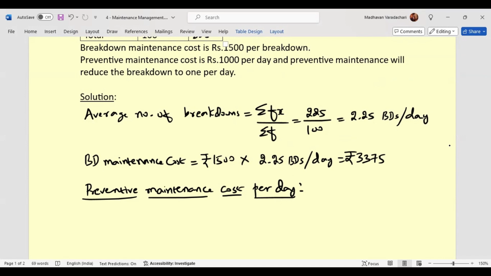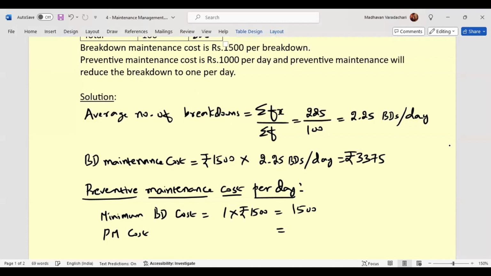So that minimum breakdown cost we will have to consider. 1 into rupees 1,500 per day. That will be 1,500. Then preventive maintenance cost